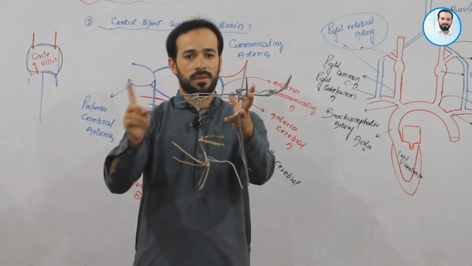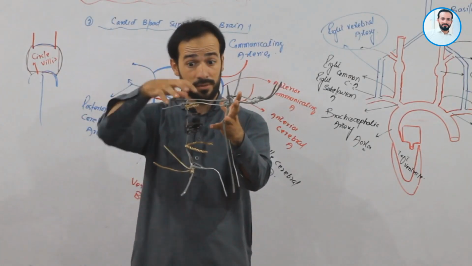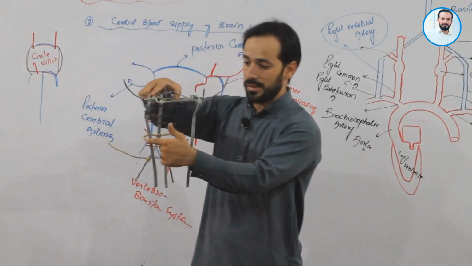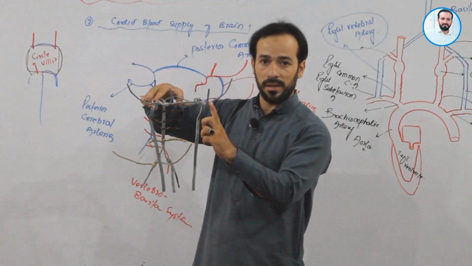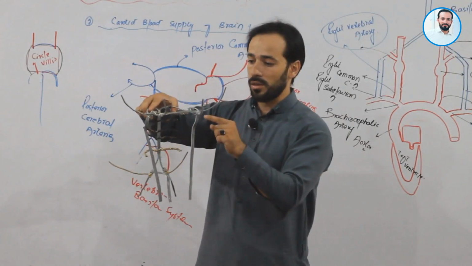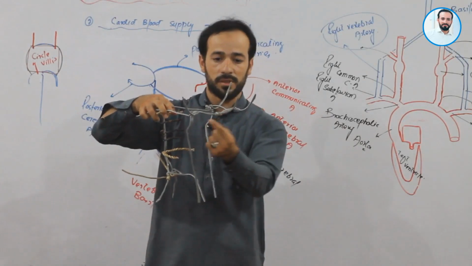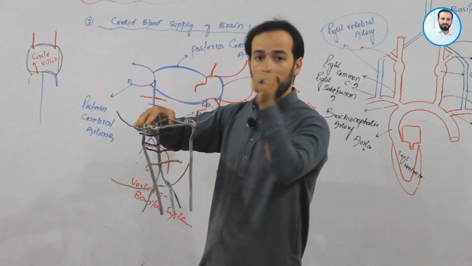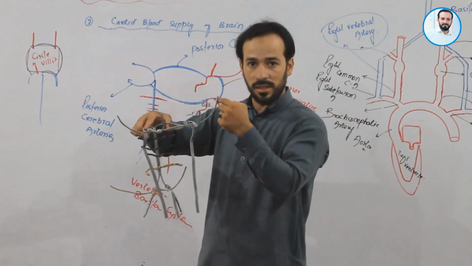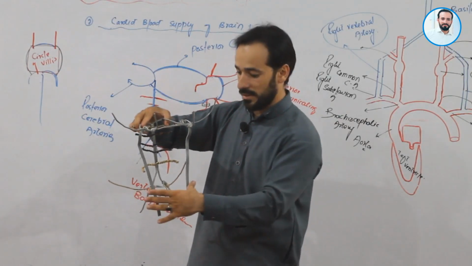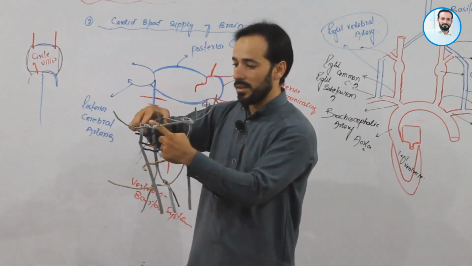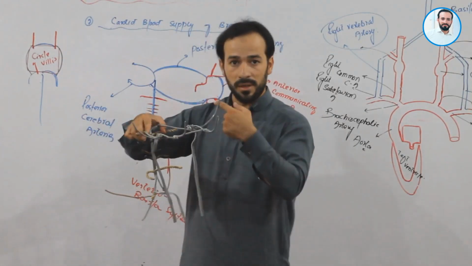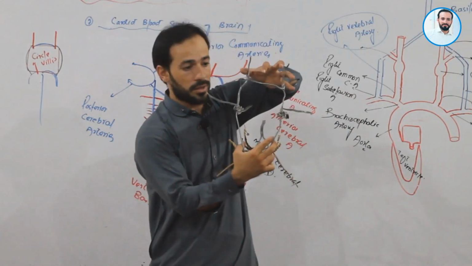This is the vertebral system. I have explained it in the previous video. Now this is the carotid system. Right and left carotid arteries entering the brain, entering the cranial cavity. Now they give branches. These branches are the anterior cerebral arteries. Clear? And these are the middle cerebral arteries. Clear? Middle cerebral arteries. Let's move from the basic. Right and left carotid artery, anterior cerebral arteries on both sides, middle cerebral arteries. Clear? And look here.